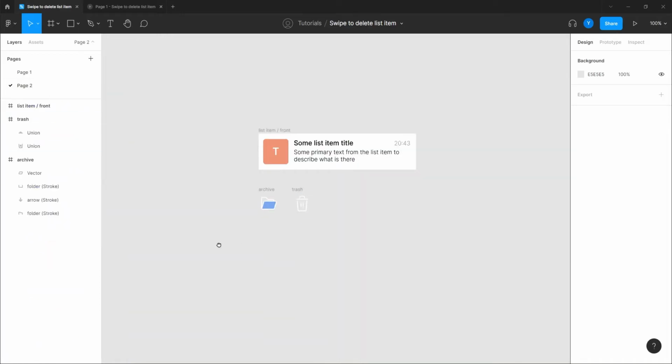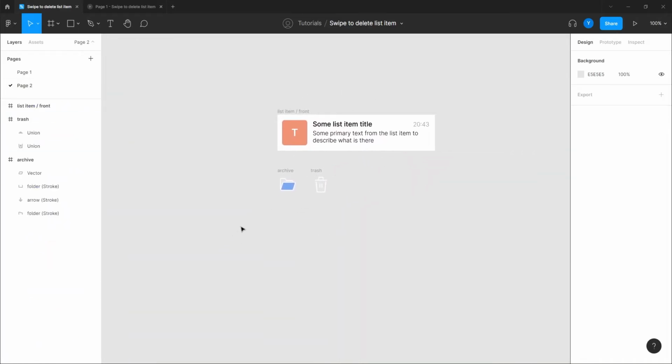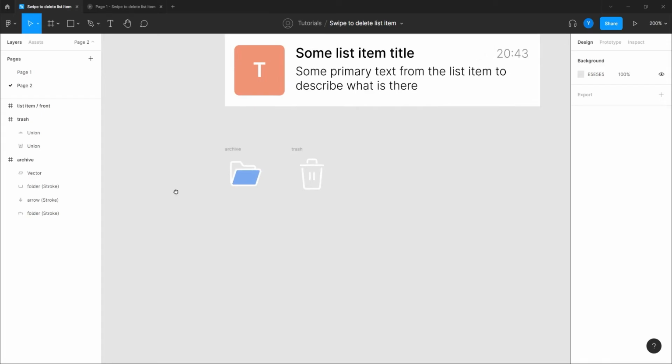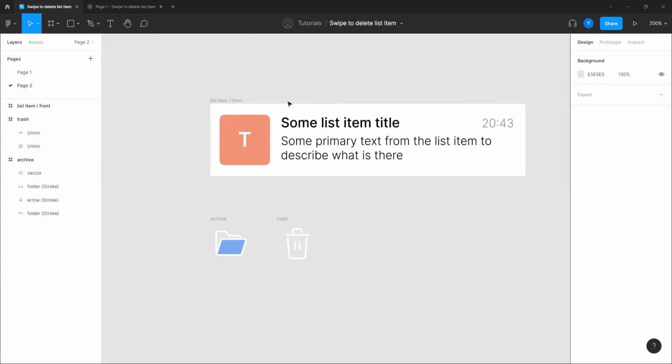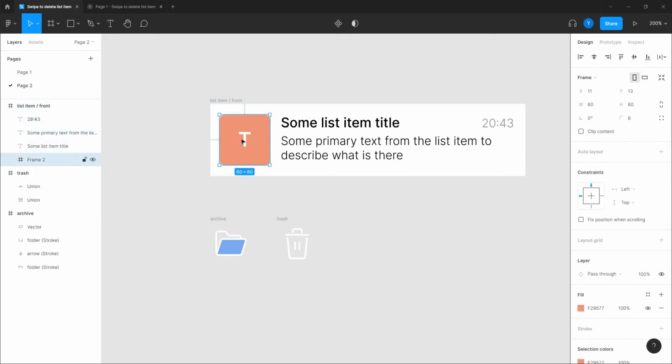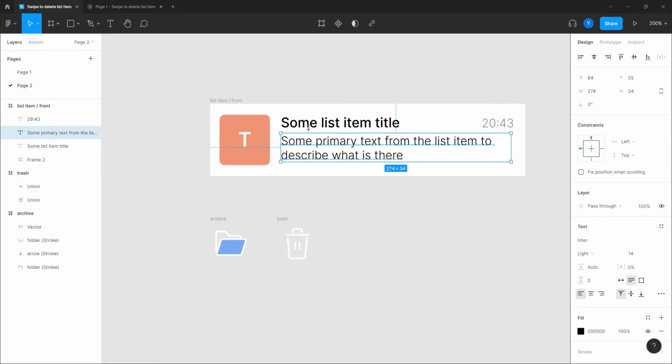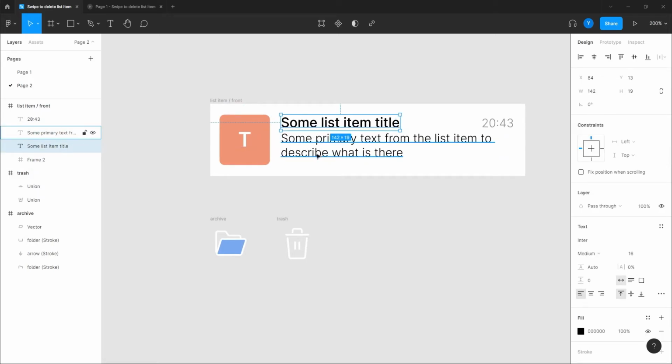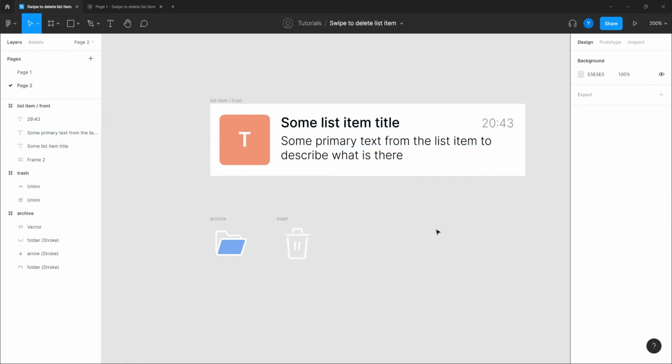Let's go here, and the only thing which I brought actually to this tutorial, which I pre-made, is this frame, which actually is very simple. It's just a frame which contains this frame, which contains this letter, and it has a background, and these are just generic text inside this list item, and you see the hour here, and that's it.